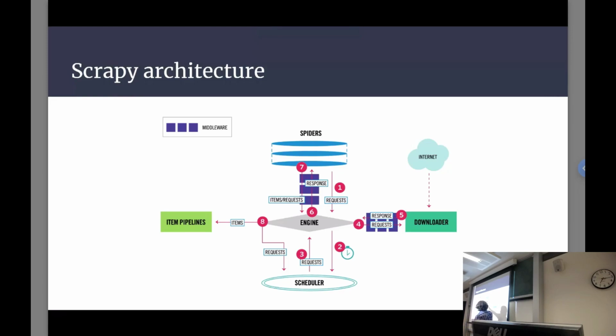Then these parts here are the ones that are tagged as middlewares. These are extensions that allow you to add additional features to your spider. So for example, with the downloader, I'm going to have some middleware here. A common one I'll have is a retry middleware. And here I have a redirect middleware. So let's say the downloader comes back and says, hey, I got a